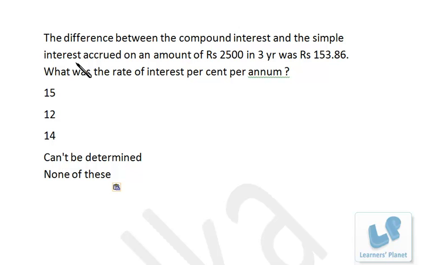Now, here I am having a problem on simple and compound interest. The difference between compound interest and the simple interest accrued on an amount of rupees this for 3 years is this, right? So what is the compound interest? That is 1 plus r by 100 raised to 3 minus 1, and the principal is 2500, so that's r into t. R we have to find out, t is 3 years, by 100,